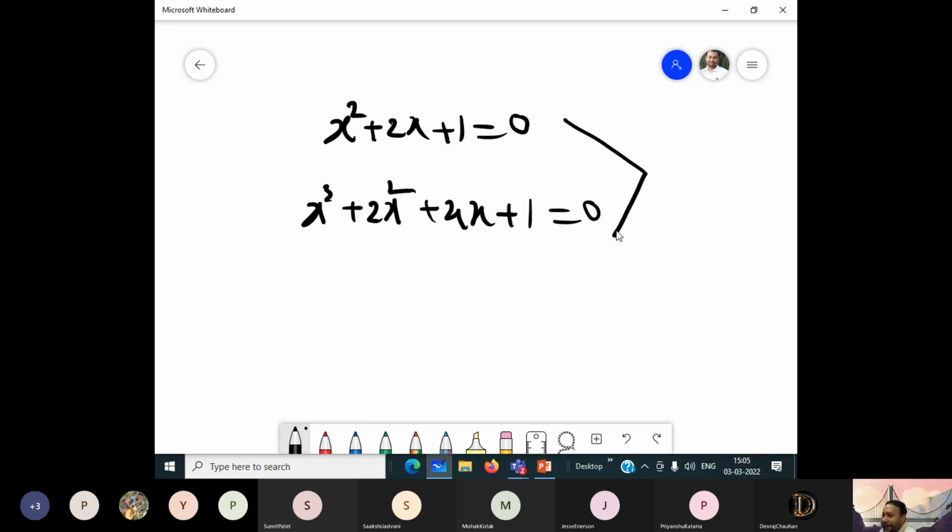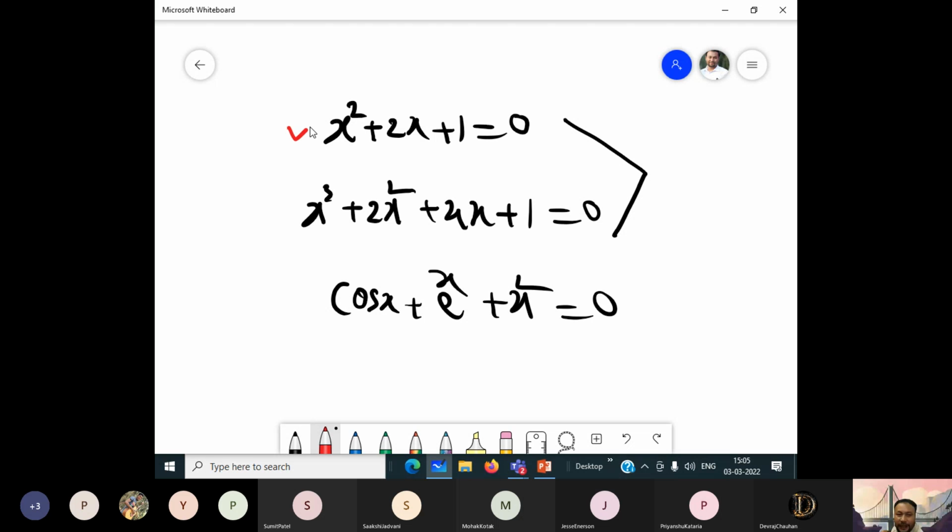Now, in engineering, the equation may be like this. Suppose I need to find cos x plus e to the power x square is equal to 0 sometimes. So in our basic 10 plus 2 level, we have the algebraic equations. Now, in engineering study, there may be combinations of sine, cosine, exponential, logarithm. A number of functions may come up in our equation. This type of equation is known as